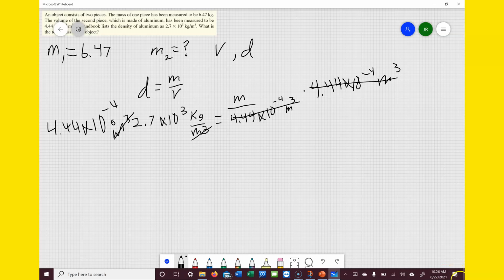And so I'm going to multiply the 4.44 with the 2.7, and the 10 to the negative fourth with the 10 to the third. And hold on, let me calculate that. All right, we get 11.988 when I multiply the 4.44 with the 2.7, and the 10 to the negative fourth and the 10 to the third ends up with 10 to the negative 1. And then I would like to put this in proper scientific notation. So it's